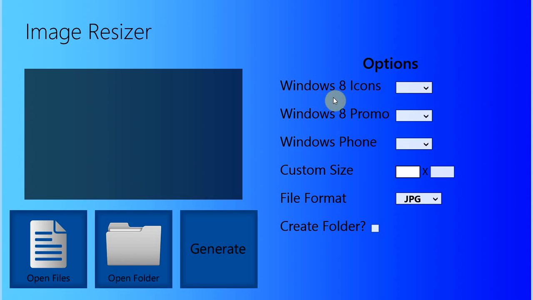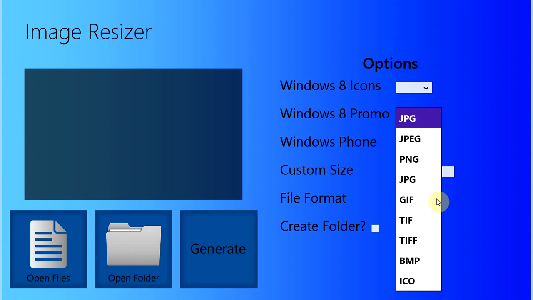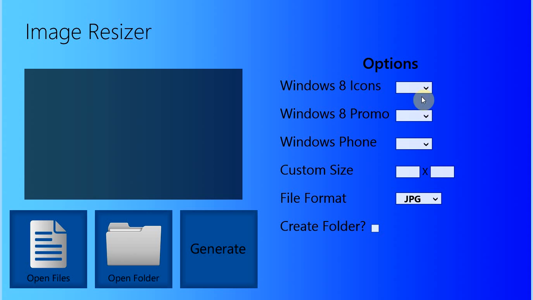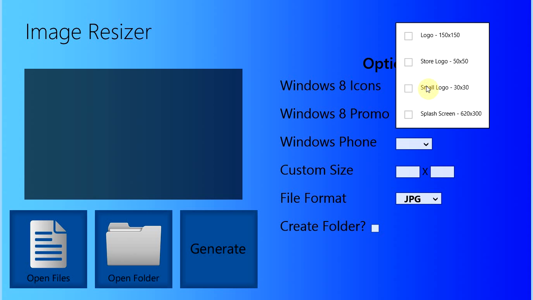So as you can see here, it generates your Windows 8 icons, your Windows 8 promotional images, and your Windows Phone icons. And then you have an option to put your own custom size in there. It converts images or icons into 10 different file types. So for Windows 8 icons,